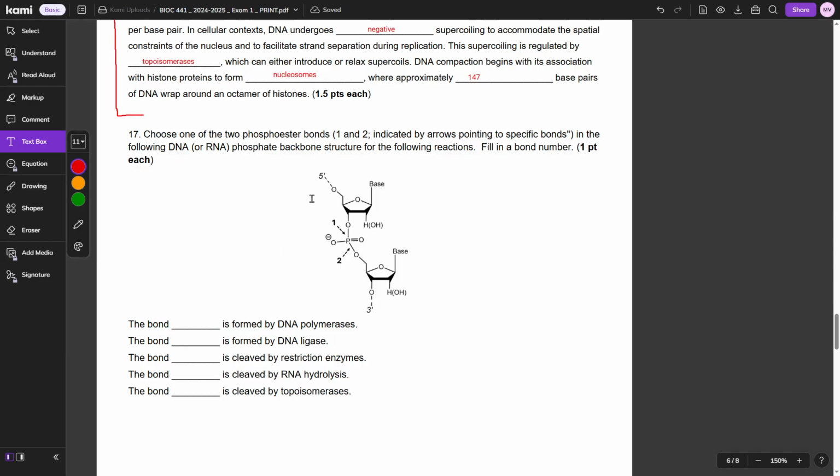Okay, 17. Choose one of the two phosphoester bonds indicated in the structure in the following reactions. Okay, so we're basically trying to figure out which bond is being cleaved. So the bond blank is formed by DNA polymerases. Okay, so